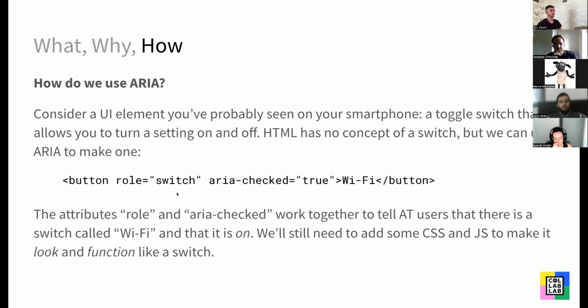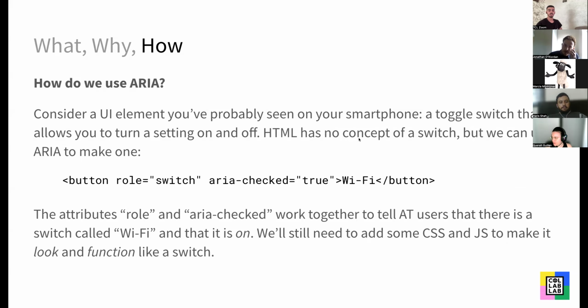And so the attributes role and aria-checked work together to tell AT users that there is a switch. And of course, you will still need CSS and JavaScript to make this work. So for example, a state that toggles if this aria-checked is true, it's false. And yeah, so this is a good use of the ARIA